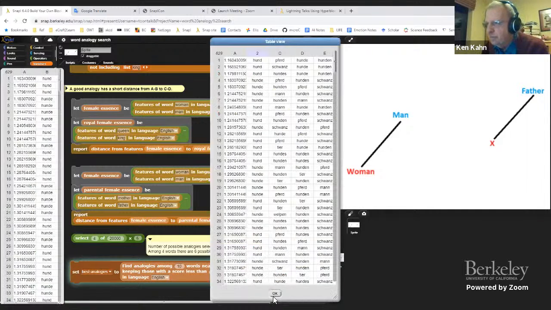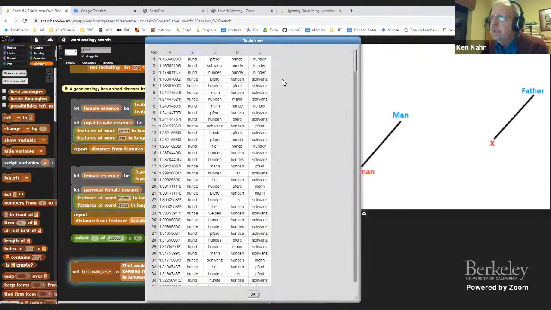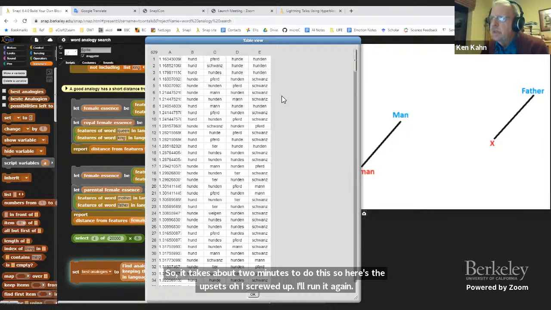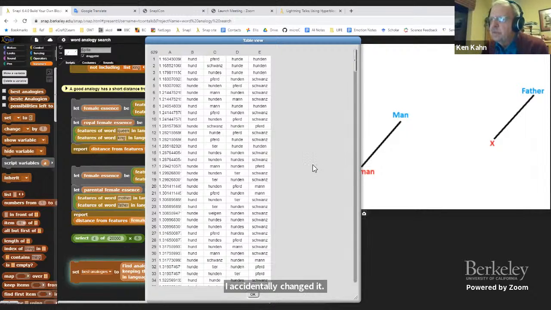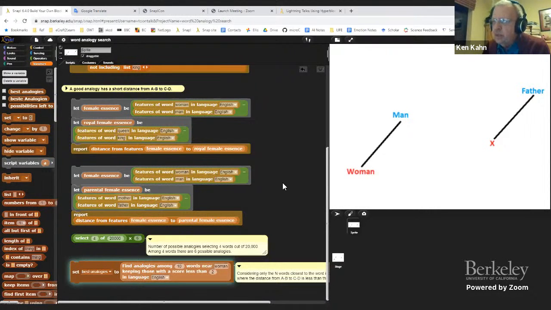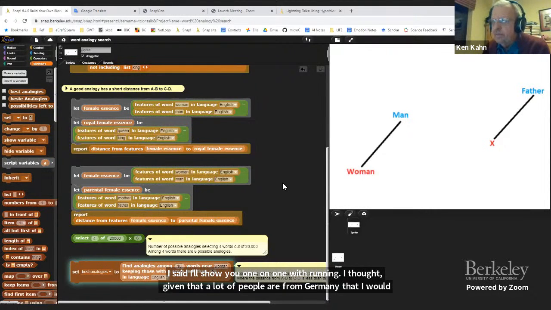Somebody who knows German better, but I looked at Google Translate a bit, and it came up with sort of pretty bizarre analogies. Maybe some of them are reasonable, but I think they're very strange. I tried it in Swedish, and actually the top 20 all made sense to me. And the English one, accidentally, I